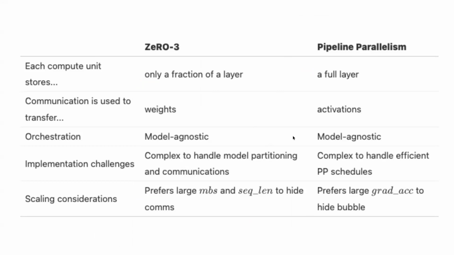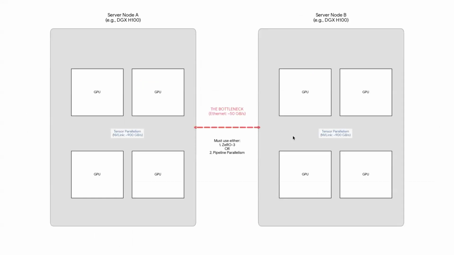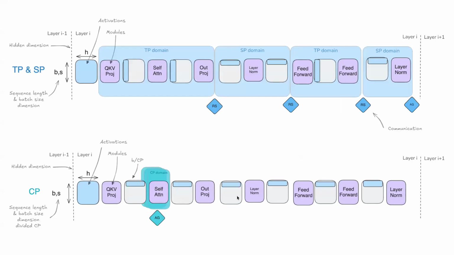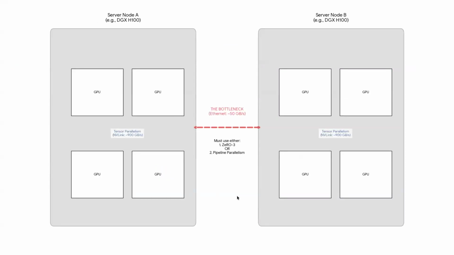Then why do we compare 0, 3 with pipeline parallelism and not tensor parallelism? And the answer is with the speed of communication. With tensor parallelism, we need excessively high communication speed, and when we shard our training across large clusters, the bottleneck is the communication, and as we can see in the picture, well, since tensor parallelism